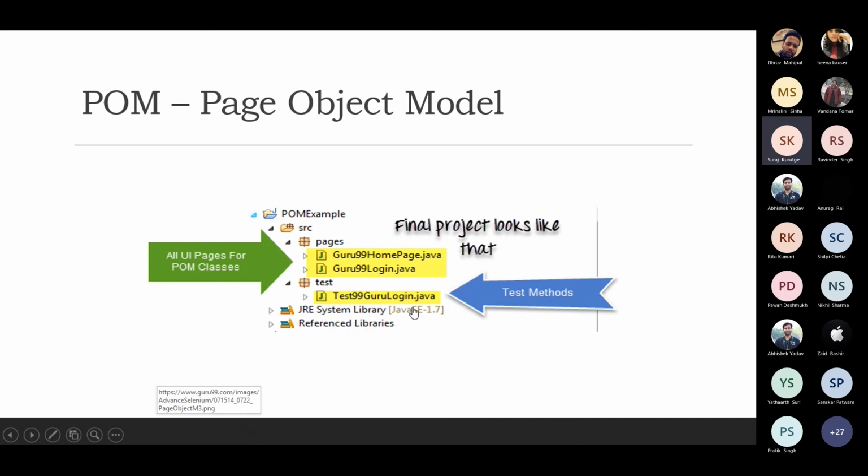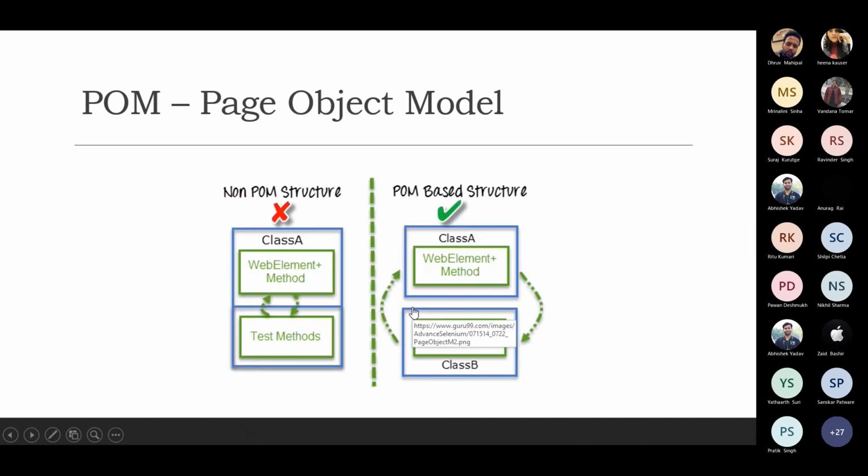So this is nothing but page object model. Same like this, without page object model structure and with page object model structure. Suppose in our project there are lots of modules, and if I write all the scripts in only one class, and one developer is changing the code, it is very difficult to find out where they changed the code. So we will follow the page object model structure,